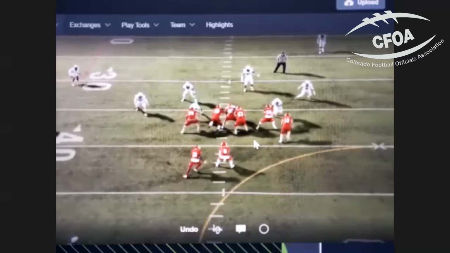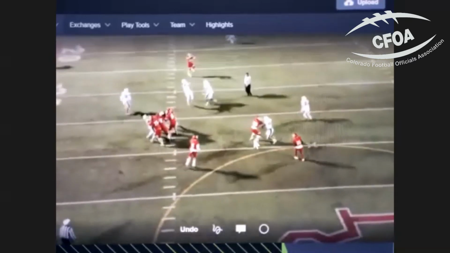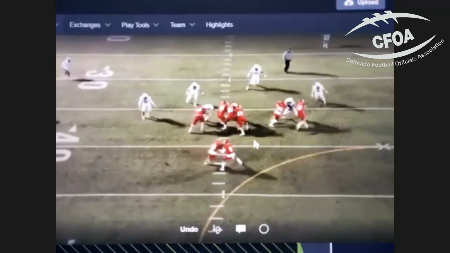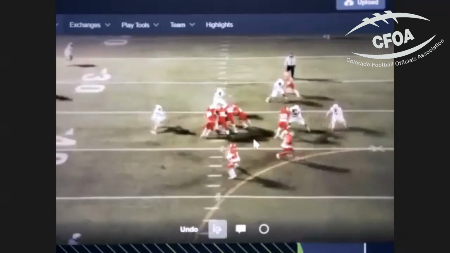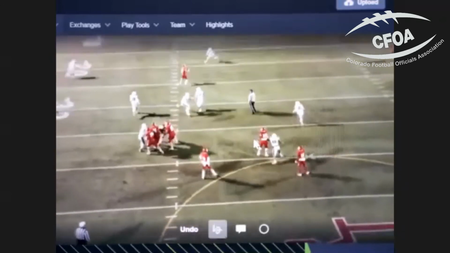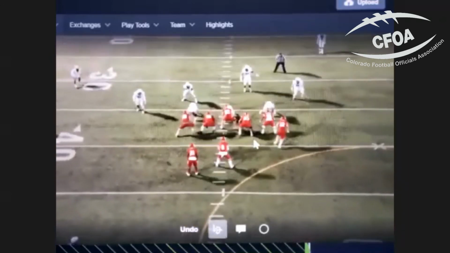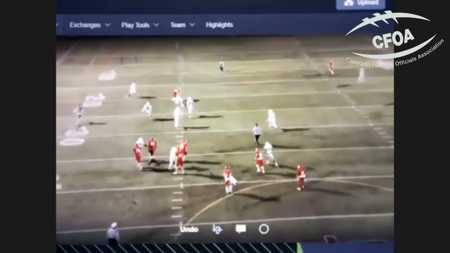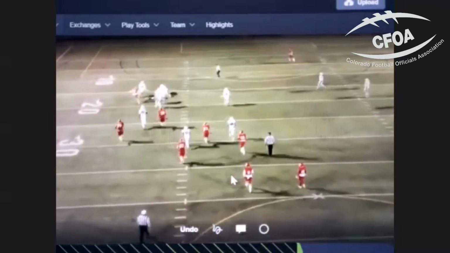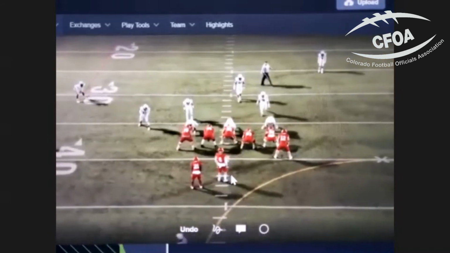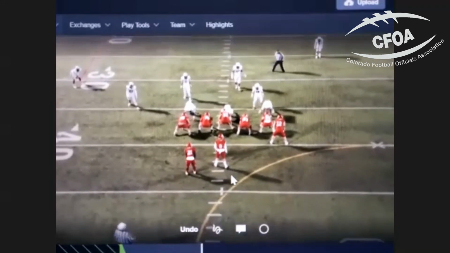So how this should have looked, it looks like a quadruple team right here. The guy that doesn't do the right job is 63 here, our right guard. Our right guard should have been working out and down the line, like outside zone. So he kind of screwed up that whole block scheme. But if you look, everyone's working to the right except him.